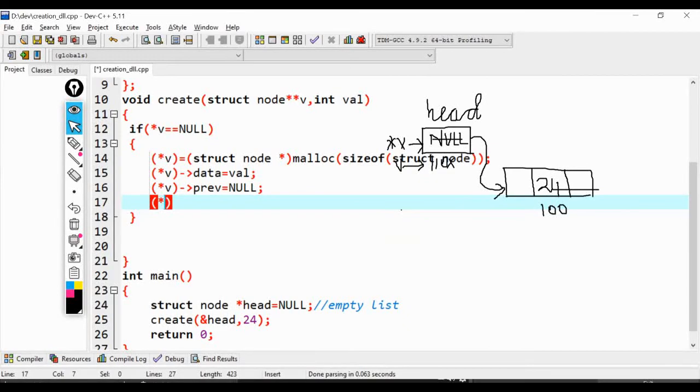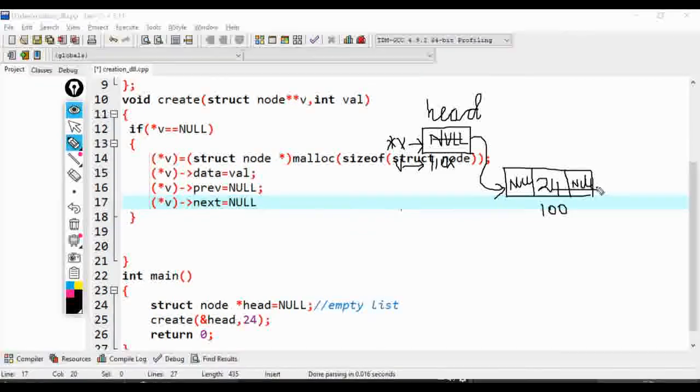Similarly, the next part pointed by the head is also null. So after line number 16 and 17, your visualization will be like this. This will be null and this will be null. Right? So this is how we create a node in memory.